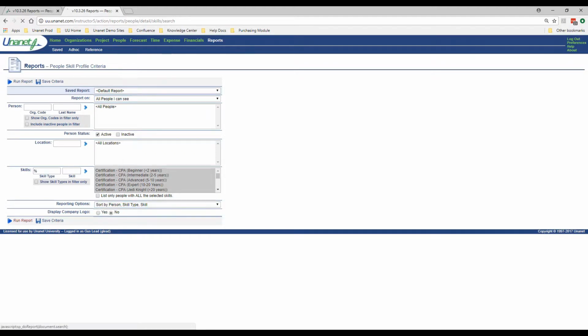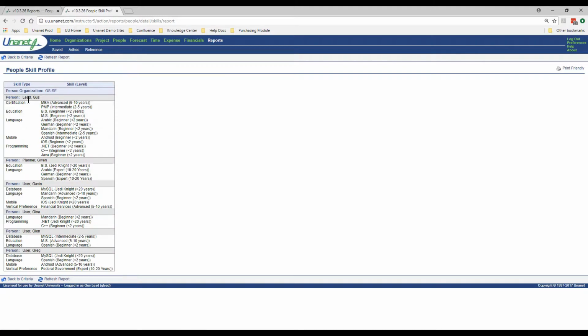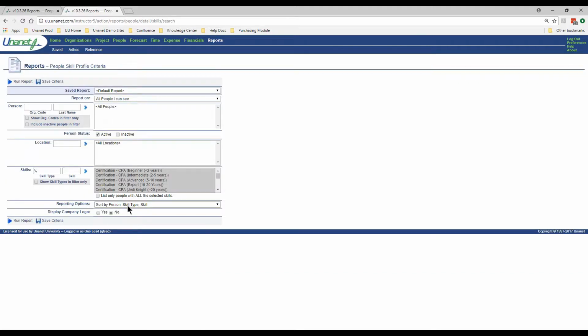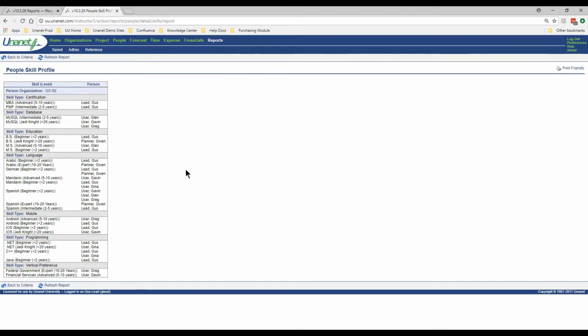Look at it like this. Just run the report and I see Gus and Gwen and Gavin. I might not know those people. Maybe I'm a new project manager. I don't know who those people are. Instead, I could take a look at the report by skill type and skill, and then person would be the final piece of information. What I really care about when I'm looking at this right now is